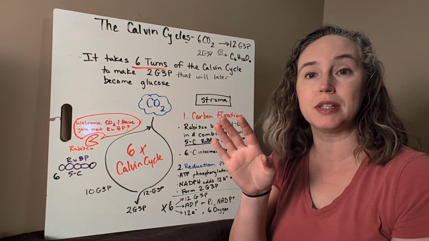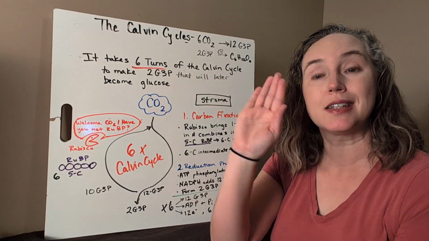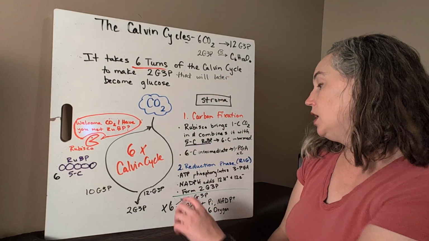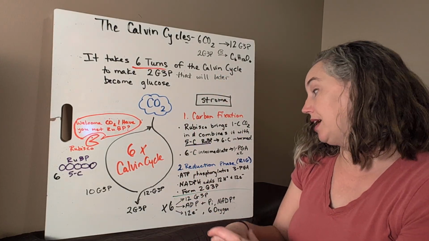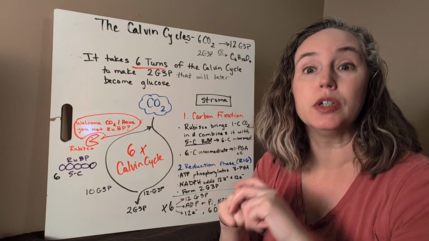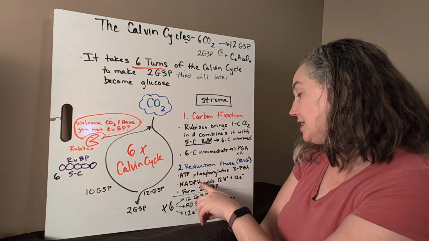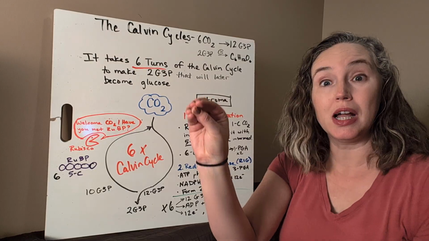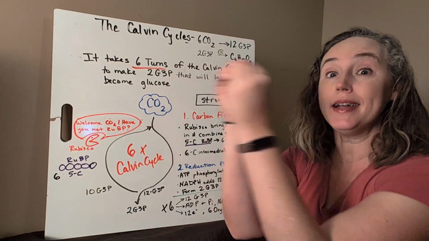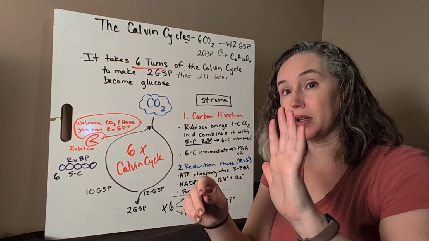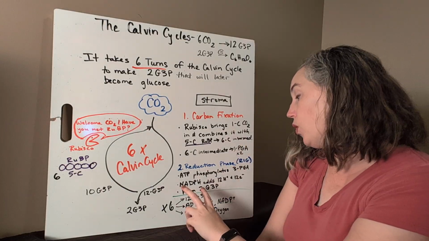Phosphorylation, super sassy science saying for stick a P on it. It's going to stick a phosphate on there, which will give it the energy that it needs to change its structure. Okay, and then NADPH is going to add protons and electrons that it carried over from the light reactions to form